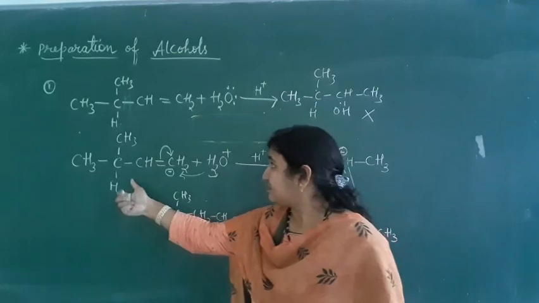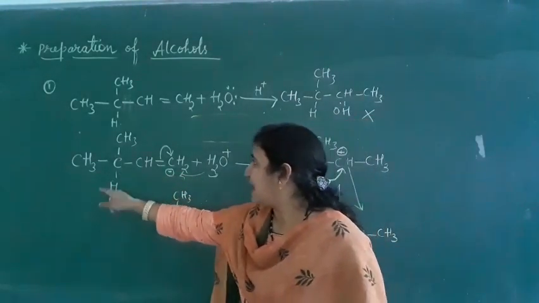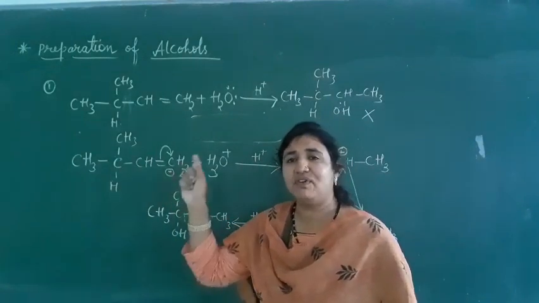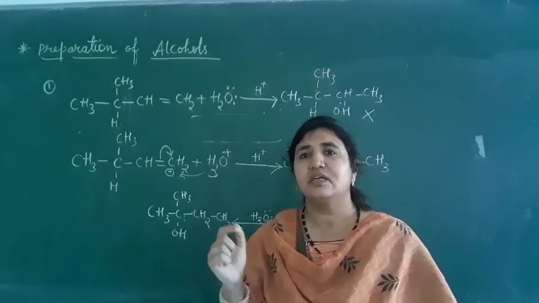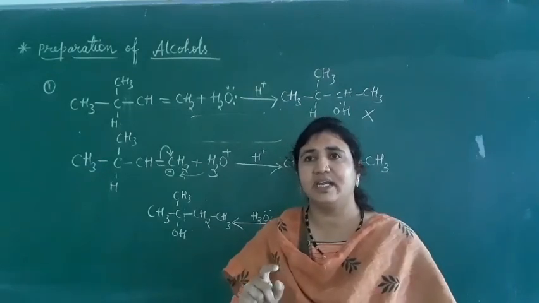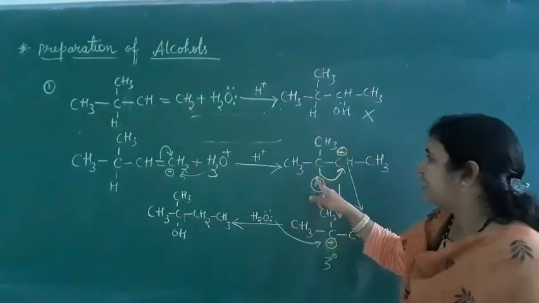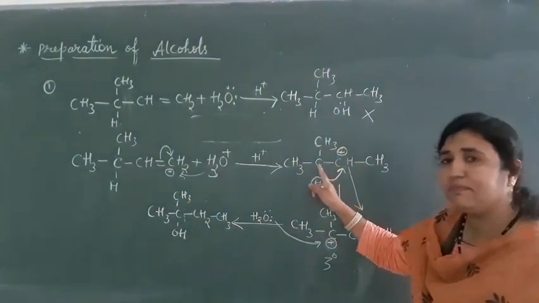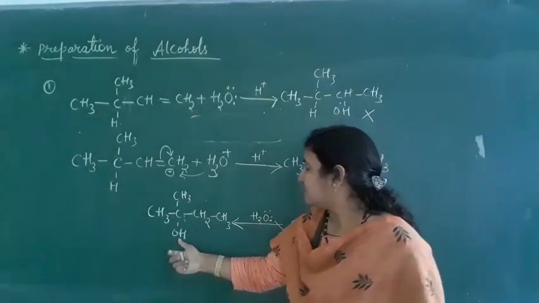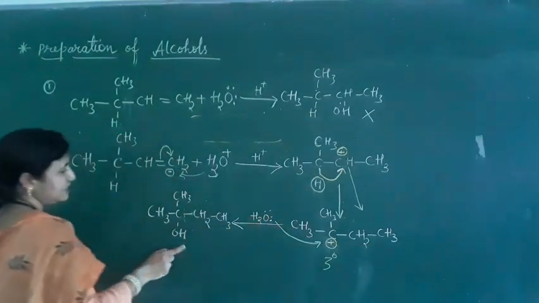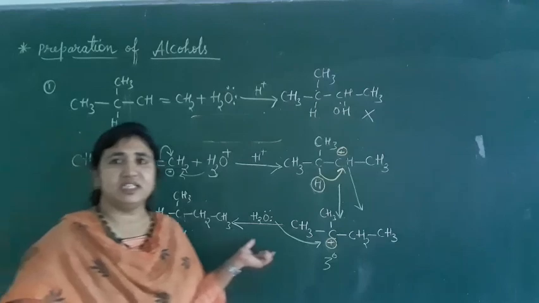Okay, so if a rearrangement is there, then we have to do the hydride shift reaction here and convert into a tertiary carbocation. If the possibility is there of a secondary carbocation and a tertiary carbocation, we have to go with the tertiary carbocation. So this is the hydride shift reaction, and because of this we can get a tertiary alcohol here. Okay, understood? One more exception is there, that also see.